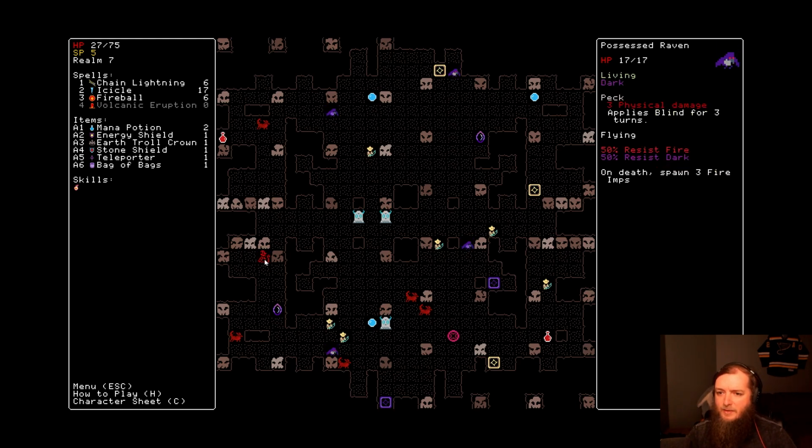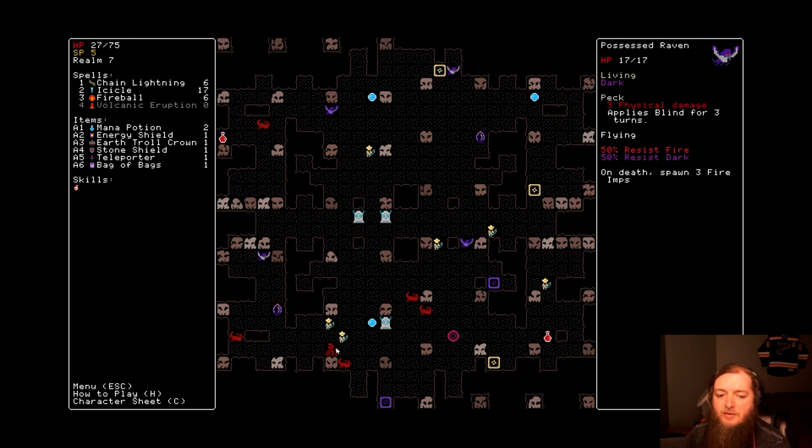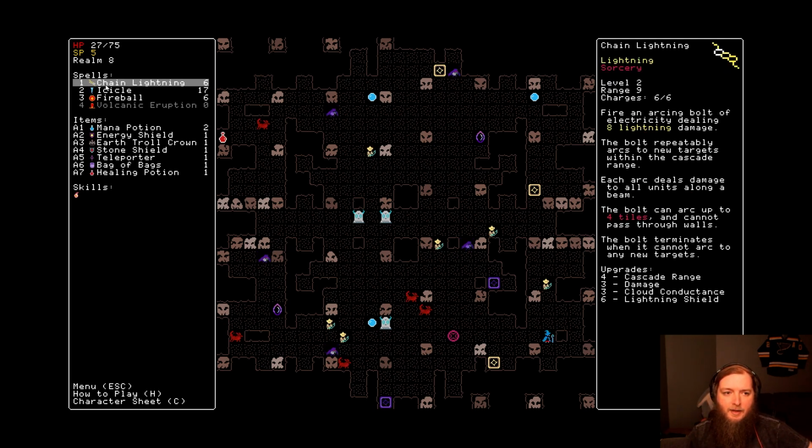So Possessed Raven also just has a peck. On death, spawn 3 fire imps. Bloodhounds gain 2 damage for 10 turns with each attack, and it has a pounce. Idol of the Fickles don't seem too bad. Nothing here has insane HP. Okay, but the kobolds have a lot of range. Do remember that. If we spawn here, we can...